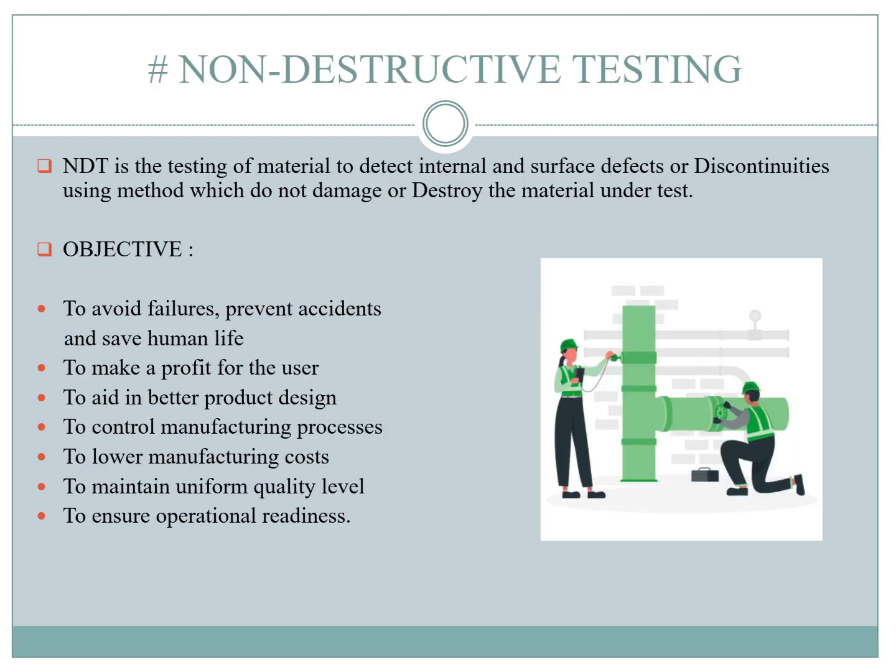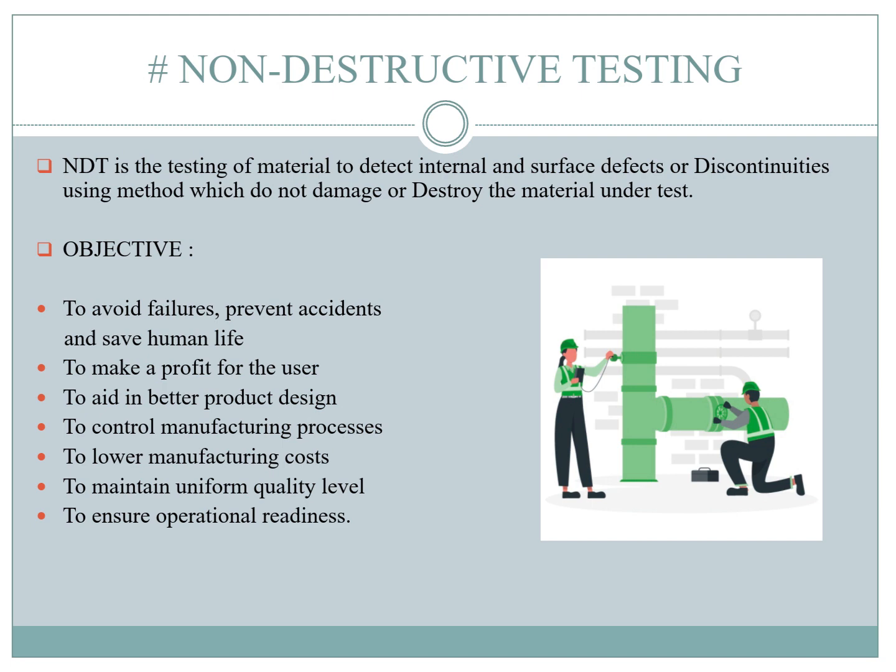Let's start with the definition. Non-destructive testing is the testing of material to detect the internal and surface defects or discontinuities using a method which does not damage or destroy the material under test. There are some objectives for NDT tests: to avoid failures, prevent accidents, and save human lives, to make a profit for the user and to aid in better product design. Also, to control the manufacturing processes and lower the manufacturing costs, to maintain a uniform quality level and to ensure